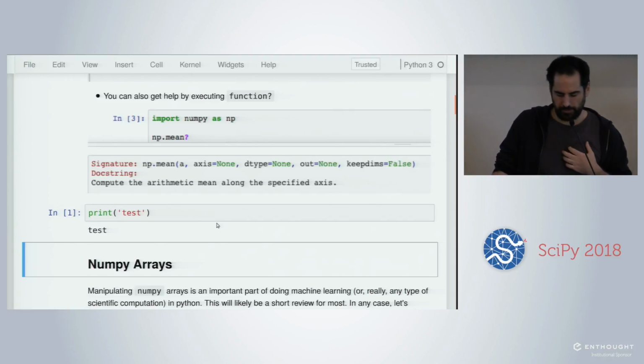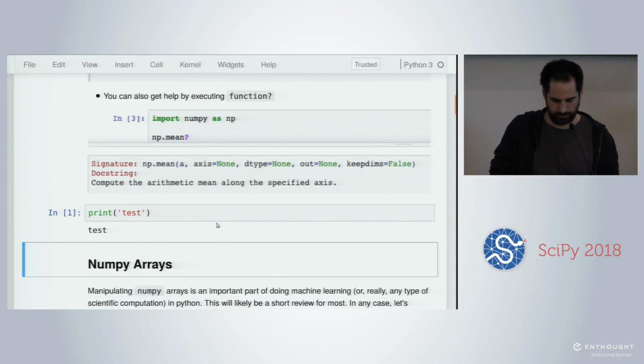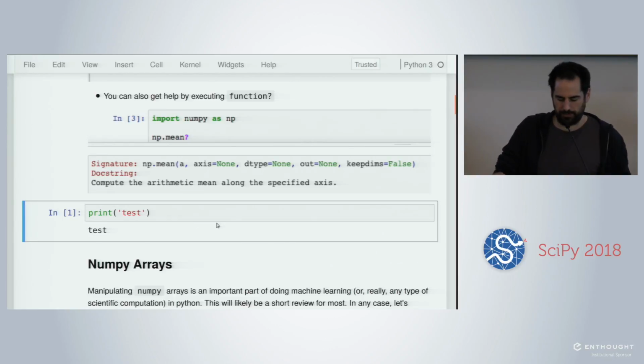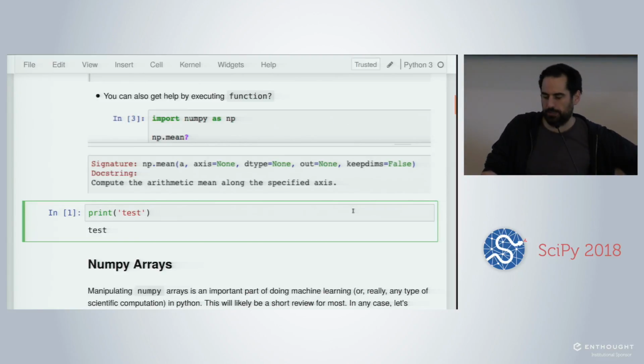So if you open the second notebook, maybe it was a bit quick, but this is notebook number 2. In the list, it's this one. Here I decided to hide the toolbar, but if you use the traditional Jupyter notebook, you have this toolbar. If you use Jupyter Lab, you have a similar toolbar.